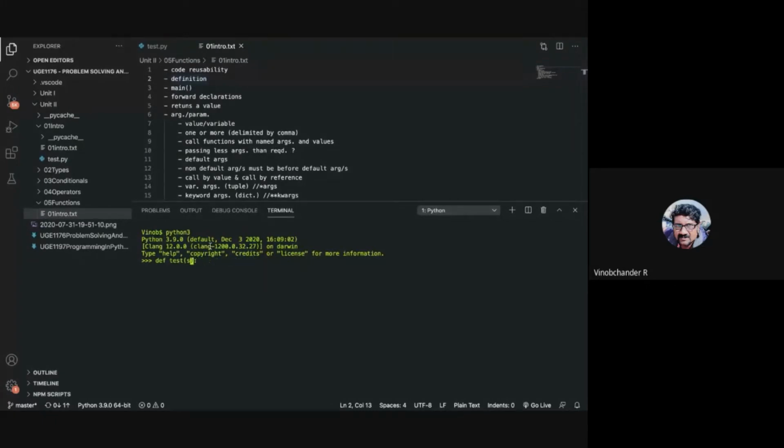So this basically is the definition of a function. It starts with the keyword def, followed by the function name, followed by parentheses, and you pass any parameters over here. Then your function code block begins, hence you put a colon, and then you write whatever you want to do, a particular task. I am just showing the definition in the REPL. We will see a complete program through the editor very soon.